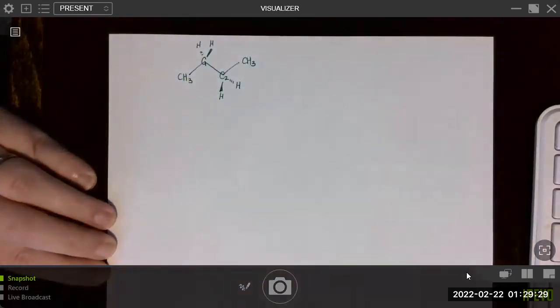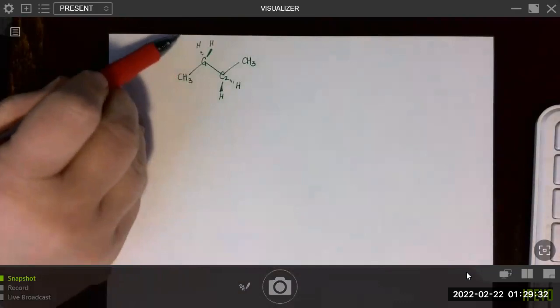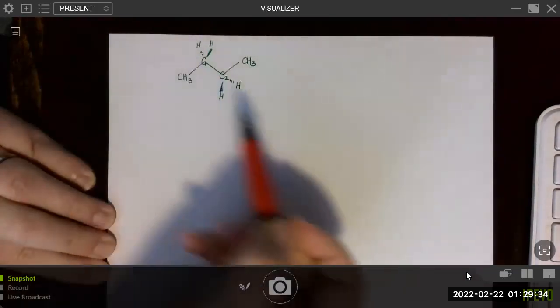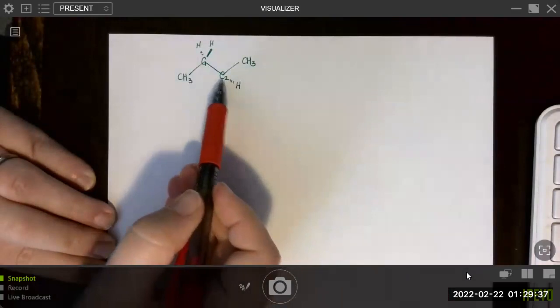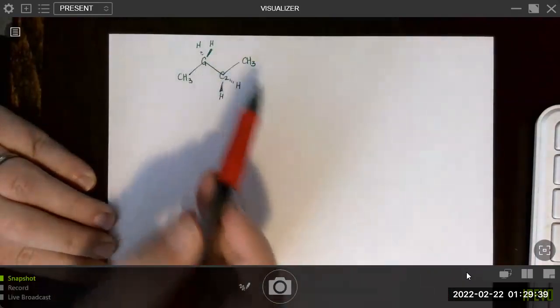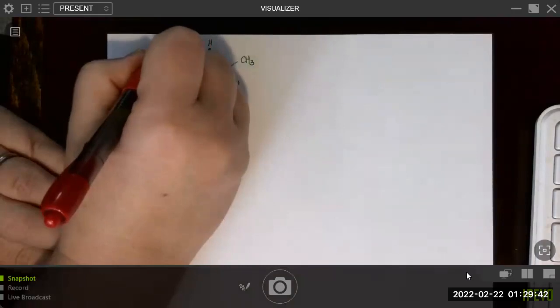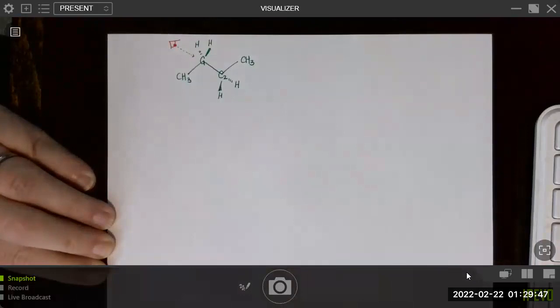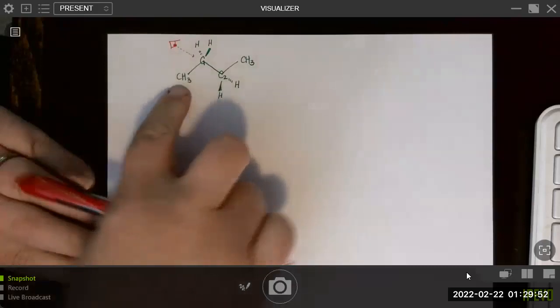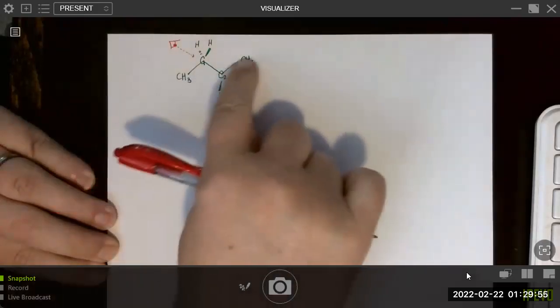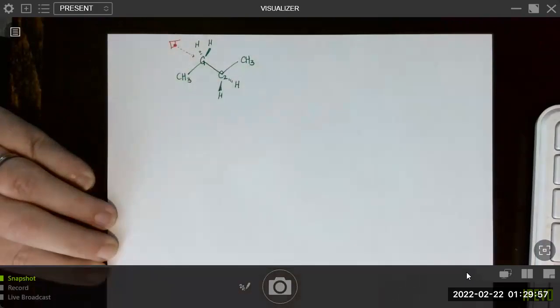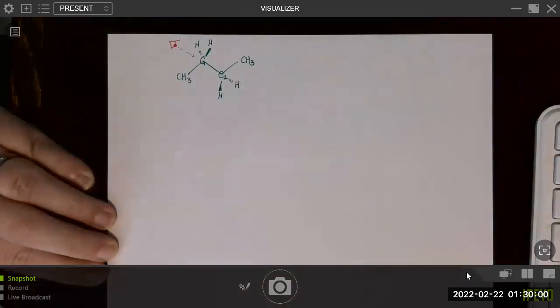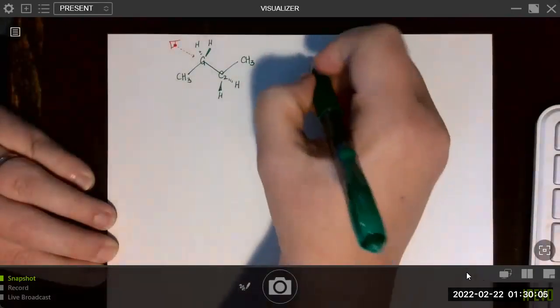Okay, and then we can place our eyeball either, again, to look down or up. But if I had wanted to look up, I should have labeled this C1 and that C2. C1 will always be the front carbon. Just like I did before, I'll put my eyeball over here to look down that carbon-carbon bond. So what this is going to get us is 180 degrees apart for these 2 methyl groups. You can go ahead and draw that in. But that's not going to be our starting point of 0 degrees.